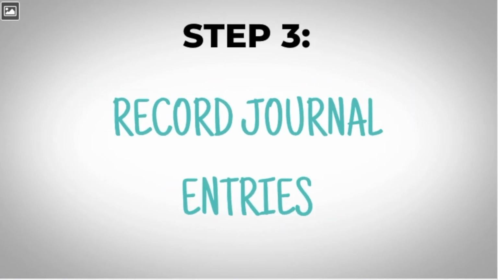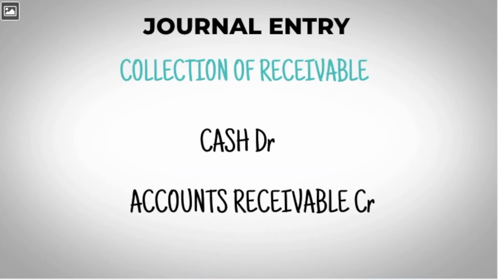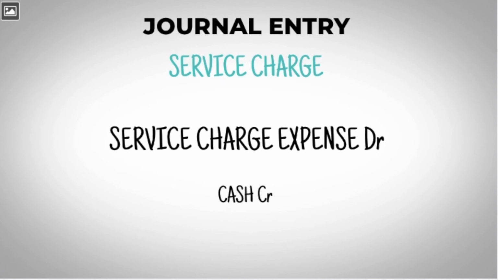Now that the bank balance and the company's cash balance have been reconciled, the company's books must be adjusted by recording journal entries for the adjustments made to the company cash balance. For example, the adjusting journal entry for the collection of a receivable would be as follows: debit cash, credit accounts receivable. Similarly, the journal entry for a monthly bank service charge would be as follows: debit service charge expense, credit